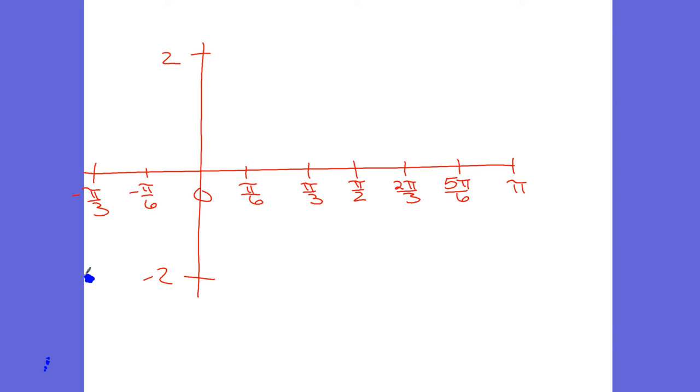Alright. So now we're going to follow the pattern. If I start at the bottom, it goes to 0. And at 0 it's 2. And at pi over 6, 0. Pi over 3, pi over 2, 2 pi over 3. Does it go up, right? Yes, it keeps going up, and then back to 0, and then -2. Right? Yep. So there we go. So if I did it correctly,